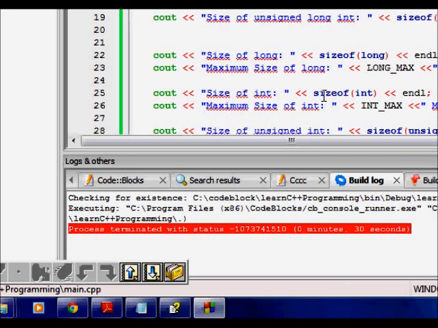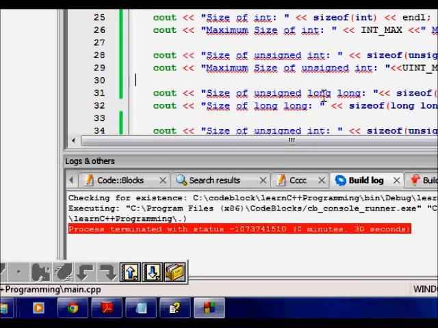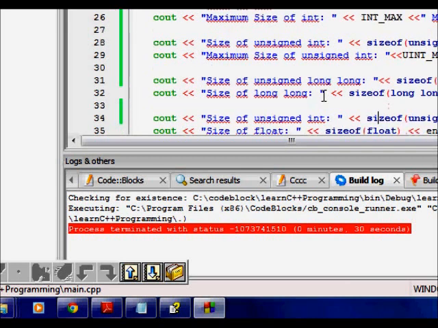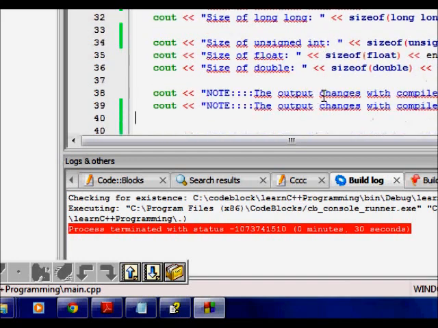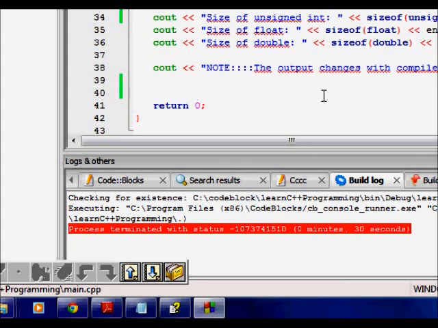And next we see size of long, and then the maximum size of long. We can find it by LONG_MAX. It is an already defined type. So LONG_MAX gives you the maximum, and the minimum is given by LONG_MIN, okay. They are defined in limits, I think. And then size of int, you can also find the minimum of int given by INT_MIN, and maximum by INT_MAX. Unsigned, if you put UINT_MAX, it will be double the size of that of just INT_MAX.